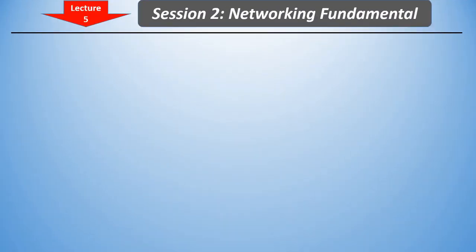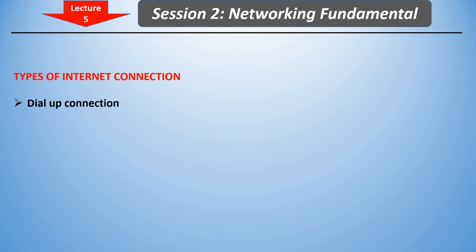Next are the types of internet connection. The different types of connection are as follows. First is dial-up connection. This type of connection utilizes telephone lines and is not preferred these days, as it is very slow. The dial-up connection allows the user to do only one work at a time. One can either use the phone to call or connect to the internet, which means only one work at a time.